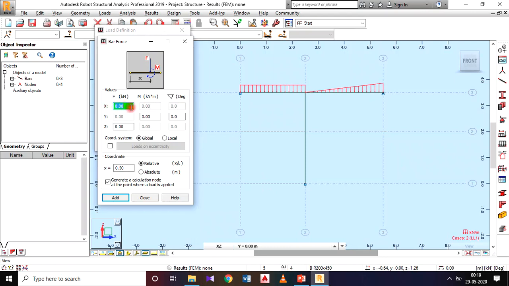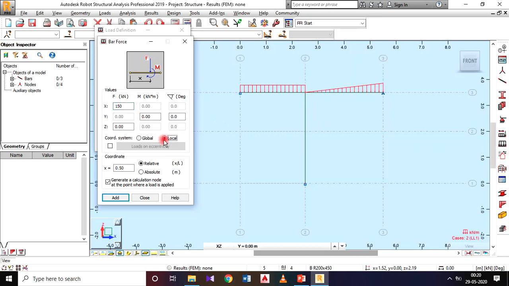So here the value is plus 150. Do you know why it is plus? Plus because the x axis is going in the rightward direction. If I provide minus 150, it is going left side direction. So in my problem, it is going in the rightward direction. That's why I place it as plus 150.